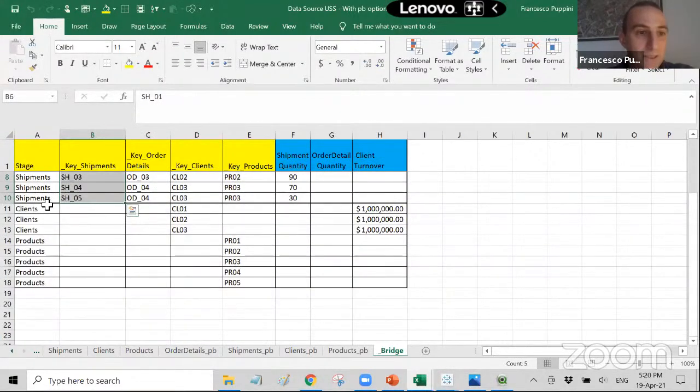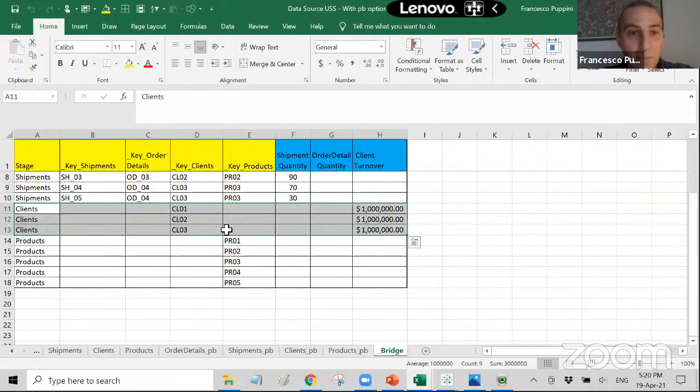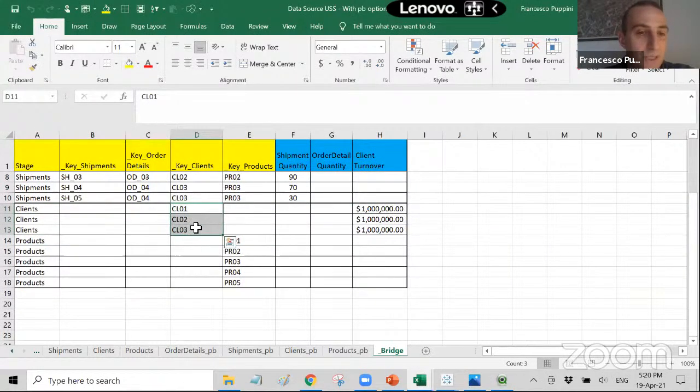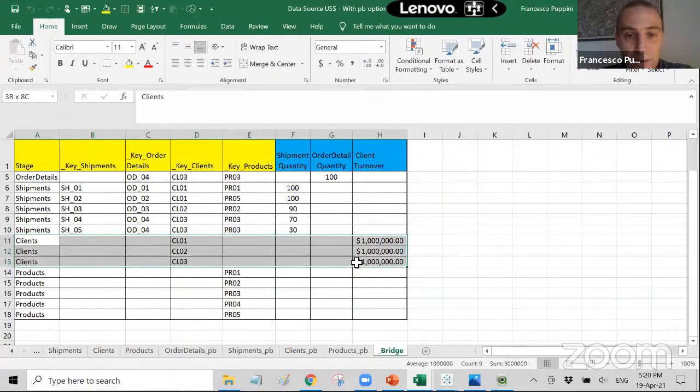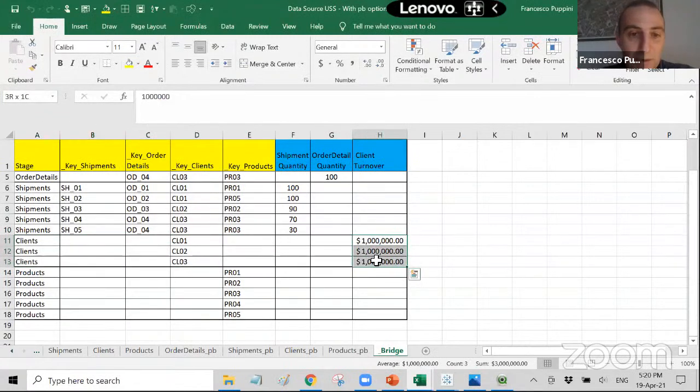While a gazelle is this one, clients. It doesn't point to any other table. So it's totally just a prey. It's not a hunter, it's just a prey. But it's important to have this table because in this case there is a measure that you want to put here so it doesn't have any duplicates.